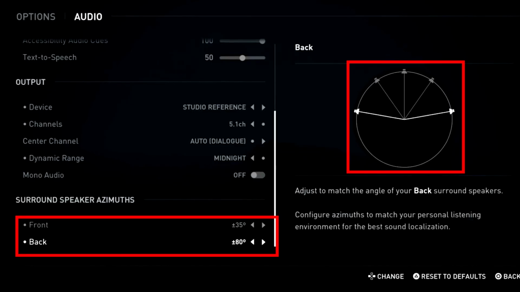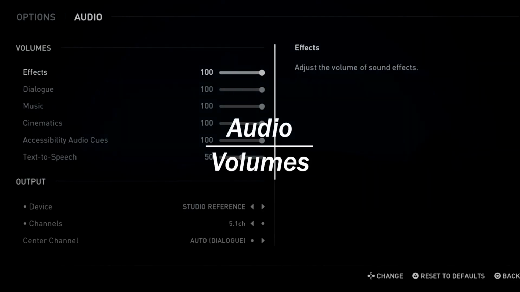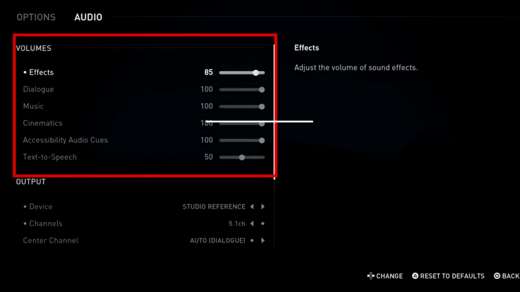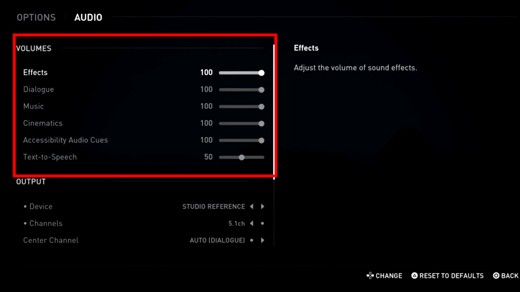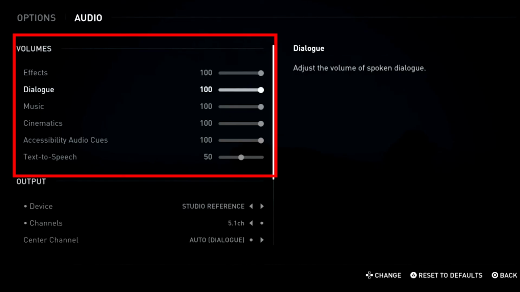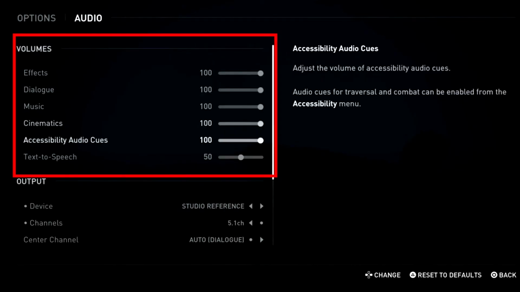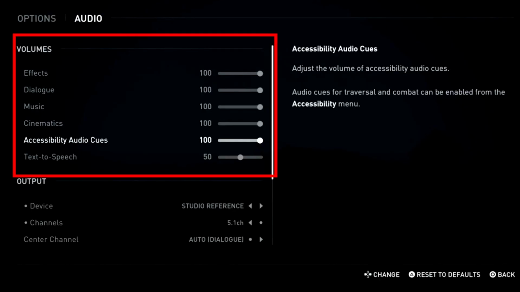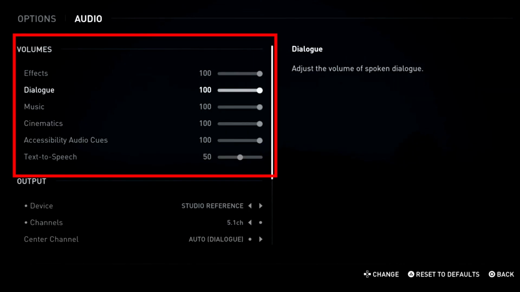And the last part is about volume. If you still feel something is not right, effects are too loud or music is not as loud as you need it to be, so you can go to volume and change it from 0 to 100. If something is too loud, you can change them, but if something is not loud and it's quiet, what should you do? You can just set them to something like 80%, all of them, and set that one louder than others. For example, set effects and music to 80% and dialogue to 100%, so you have it 20% more than before.